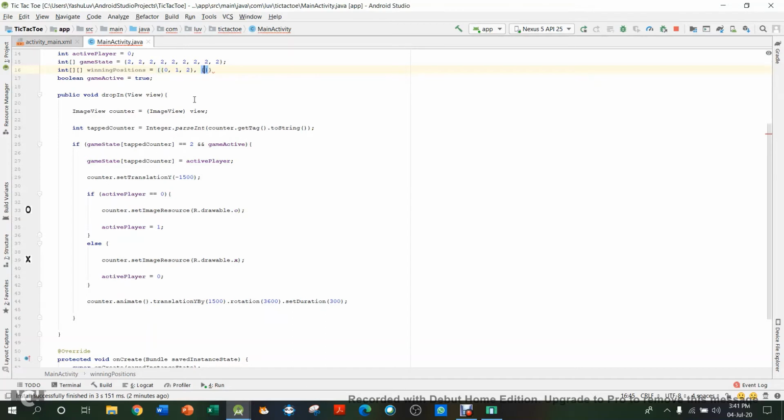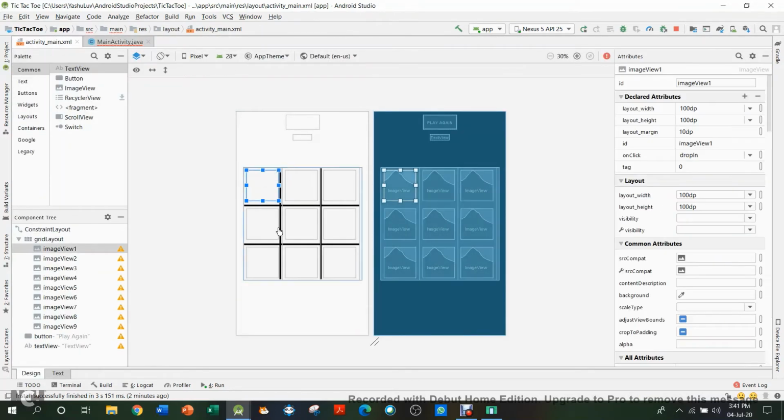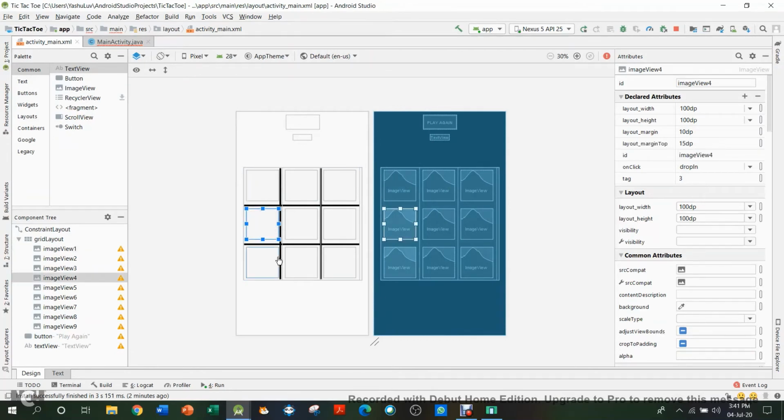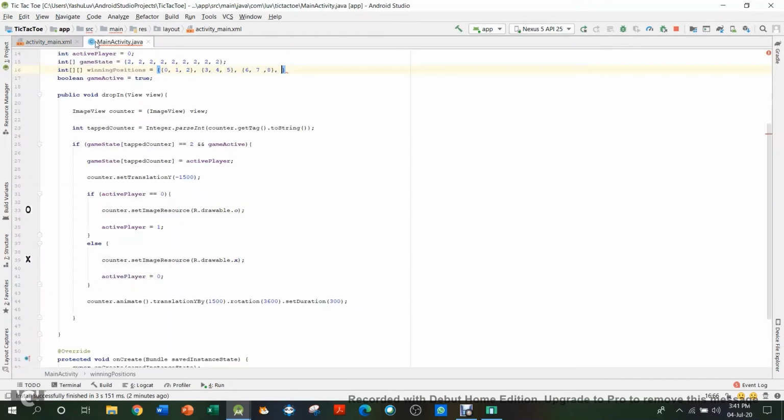Then after that we are going to do 3, 4, 5, then 6, 7, 8. Now we'll do vertically, which is going to be 0, 3, 6. Then we are going to do 1, 4, 7,